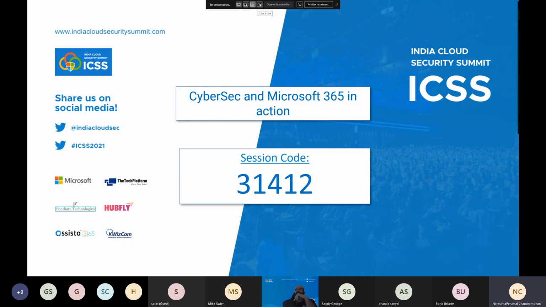The beauty with Office 365 is that there are many controls which are turned off by default. We will get good security only when we turn them on. So yes, you have nicely shown all the settings where we need to enable those things. It's going to be really an eye opener for many.